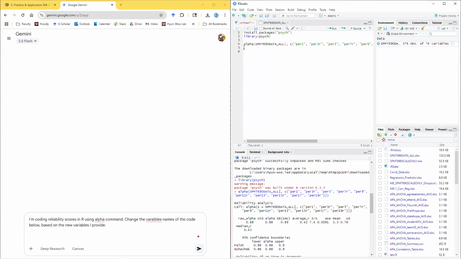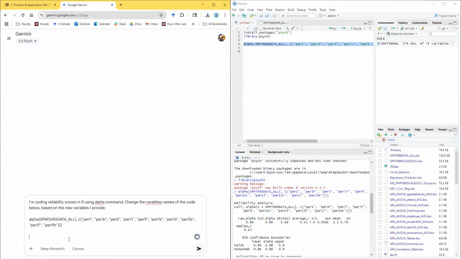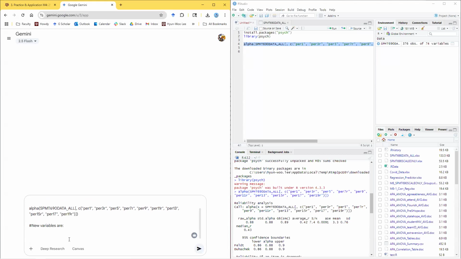So I'll copy and paste the command that I have. The new variables are... so let me copy and paste the variables